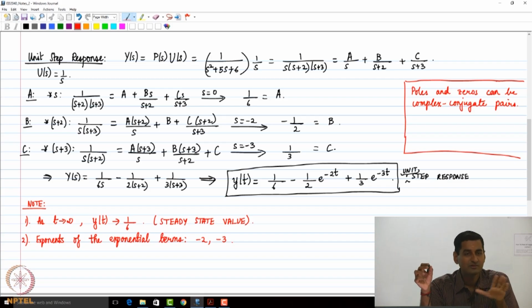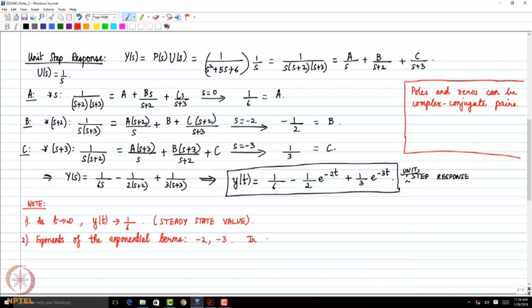We could generalize it, but to be more pragmatic, I am going to just write a statement which we are going to use. In general, the real part of the poles would appear as the